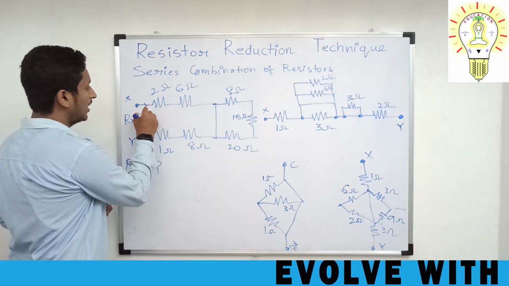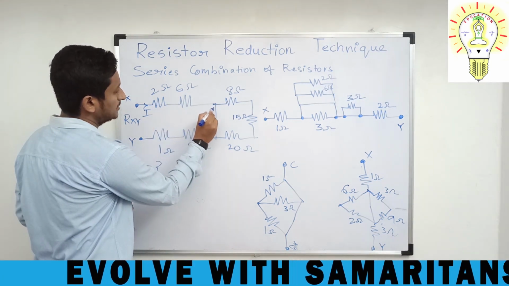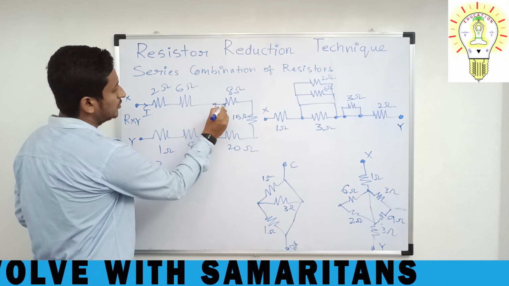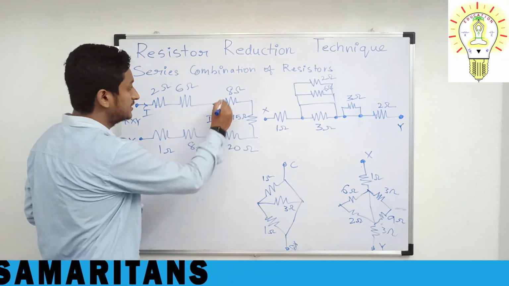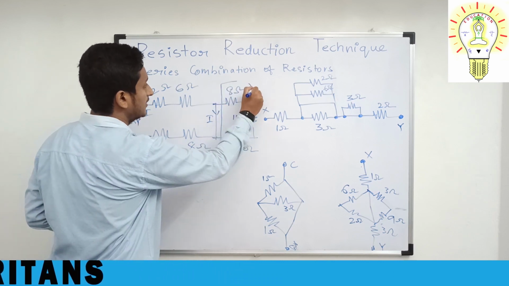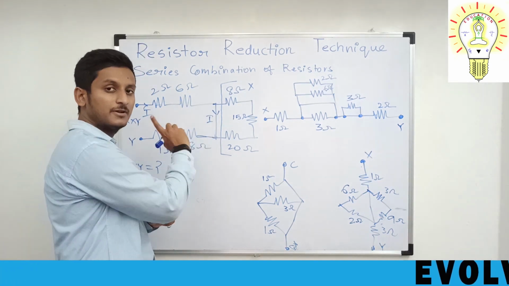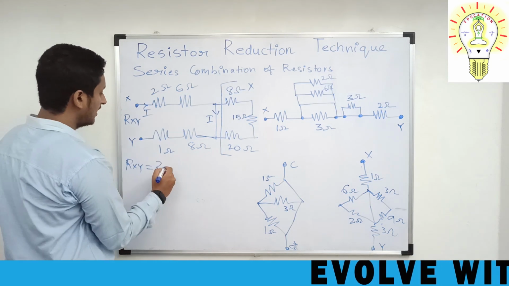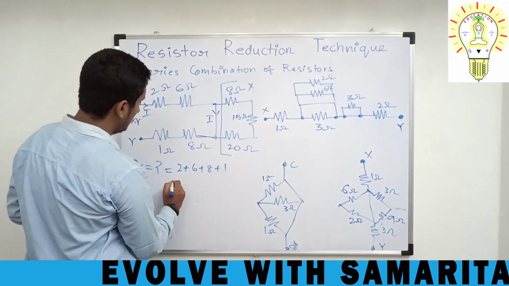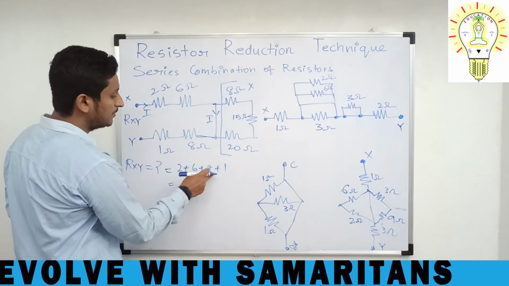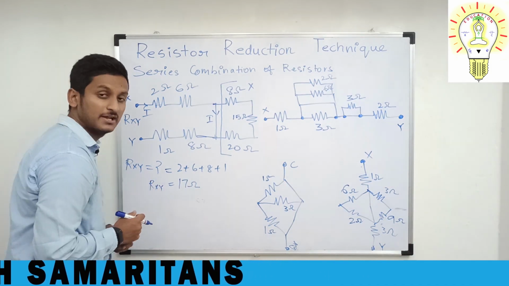Now, as I said, you have to enter current I. Now this current will be flowing from here, again it will go to this part. But again here, you have two paths. This is one path and this is one path. But the current will definitely select this path. So this entire part will not be working. Alright. So again this will be in series. This is again the previous problem you have seen. So what will be the RXY value? You have 2 plus 6 plus 8 plus 1. So 6 plus 2 is 8. 8 plus 8 is 16 plus 1 is 17 ohms. That is the RXY value, the R equivalent value.